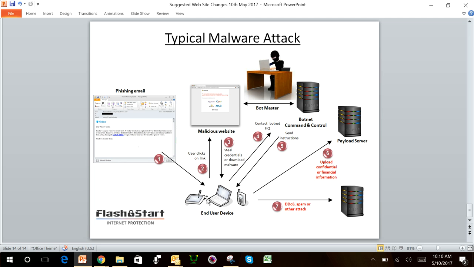And you might see that, maybe it's the kind of thing you wouldn't actually look at on your PC because you've got antivirus on it, but on a smartphone or tablet, you feel that much safer and you'll take a look. Now, let's assume that you're going to be redirected to a website, www.badguys.com. So to reach that site, the FlashStart DNS technology, that's the technology upon which our service is based,